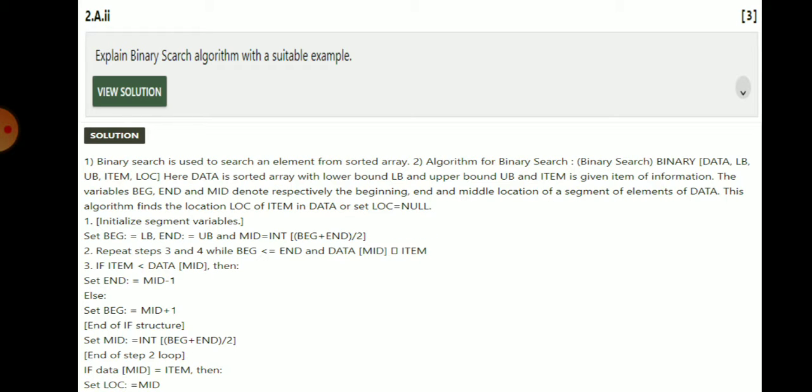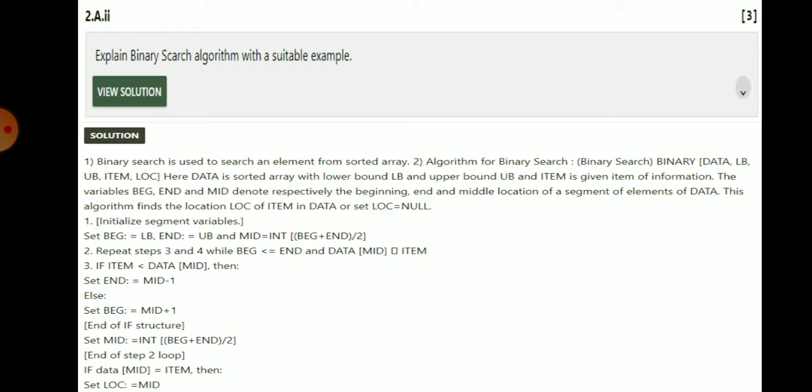This is the initialization. Then repeat steps 3 and 4 while BEG <= END and DATA[MID] != ITEM. If ITEM < DATA[MID], then set END = MID - 1, else set BEG = MID + 1. End of the if structure.